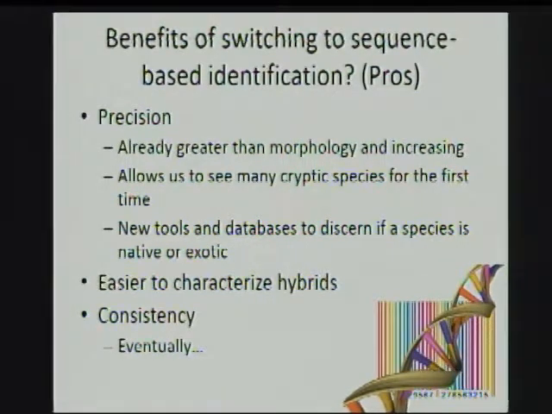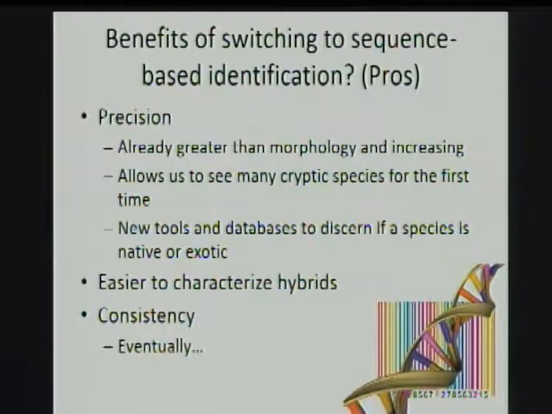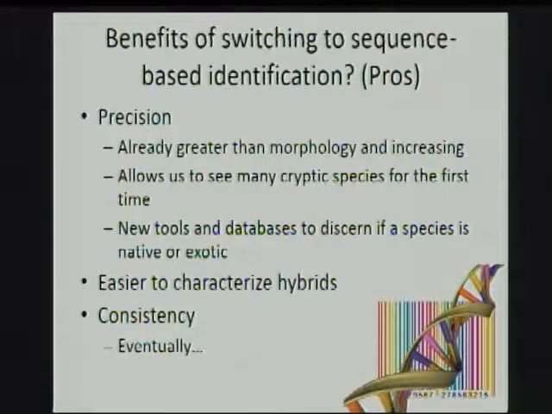People have already sort of asked for this. We need a comprehensive list of native, resident Phytophthora species and exotic Phytophthora species. We have no hope of early detection and eradication if we have no idea where these things are from. And yet, on the other side, if we can't ever pin down which things are resident, then the people in charge of regulation are just going to have to say everything is a potential terrible risk, and we're not going to have any consistency about how we deal with each species.